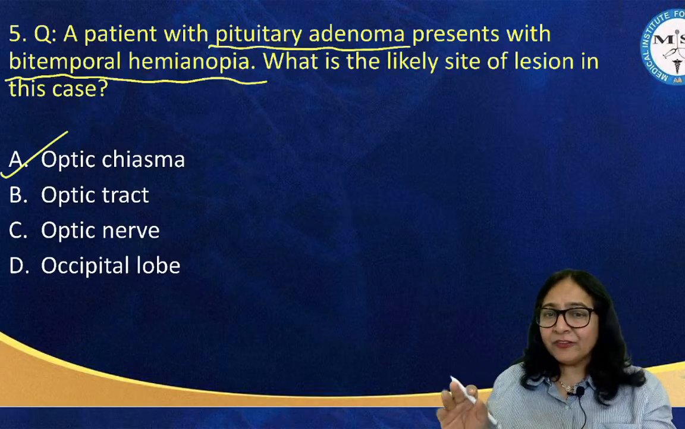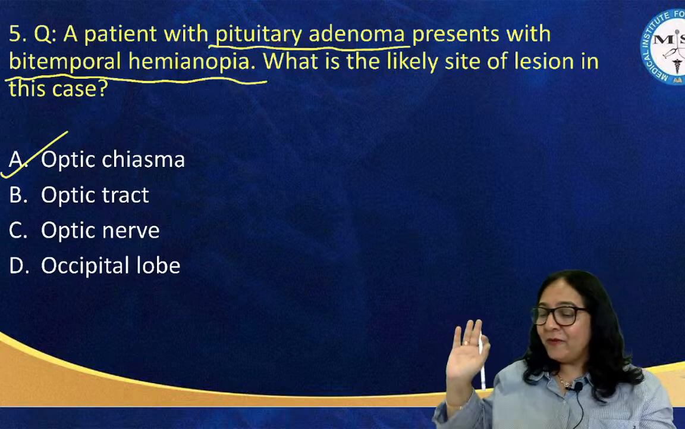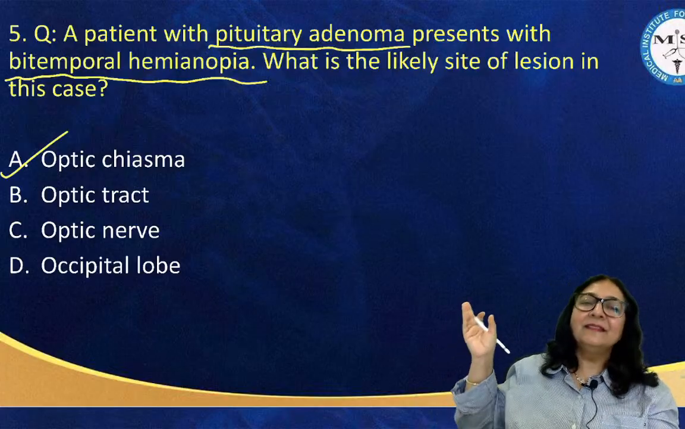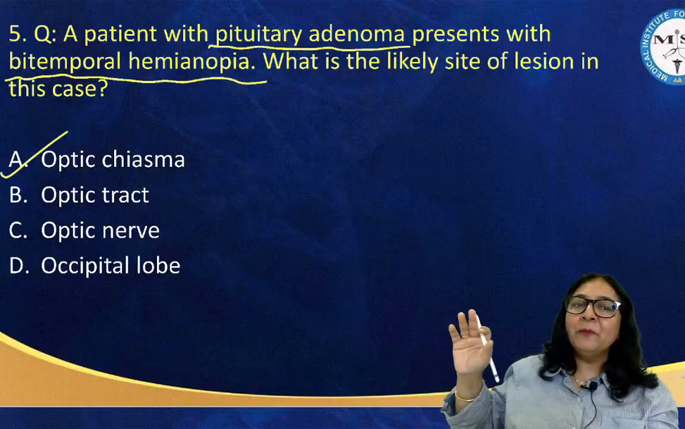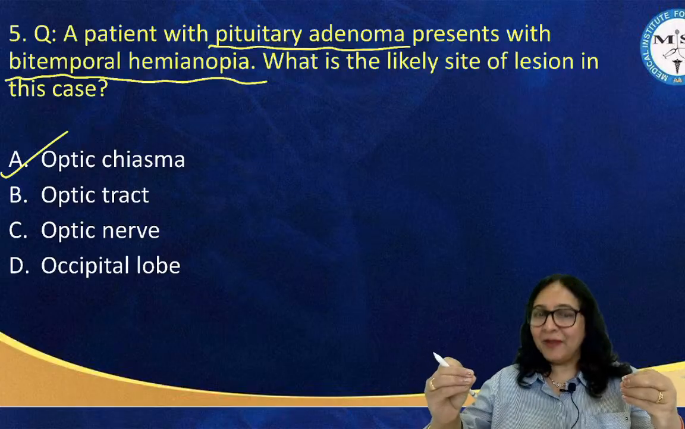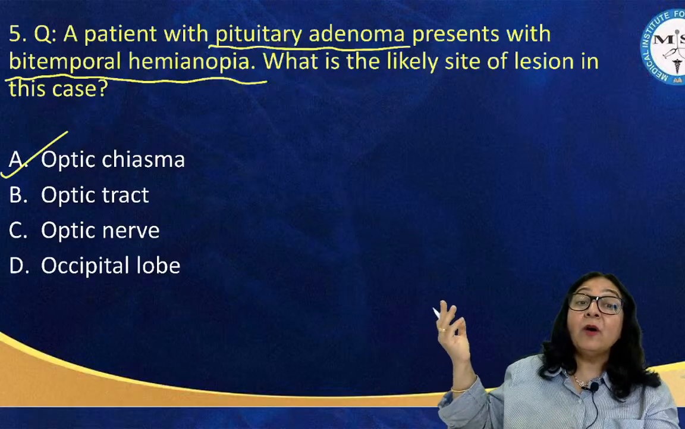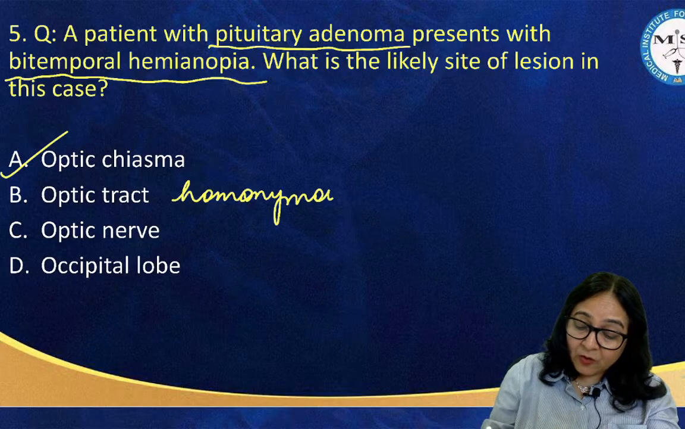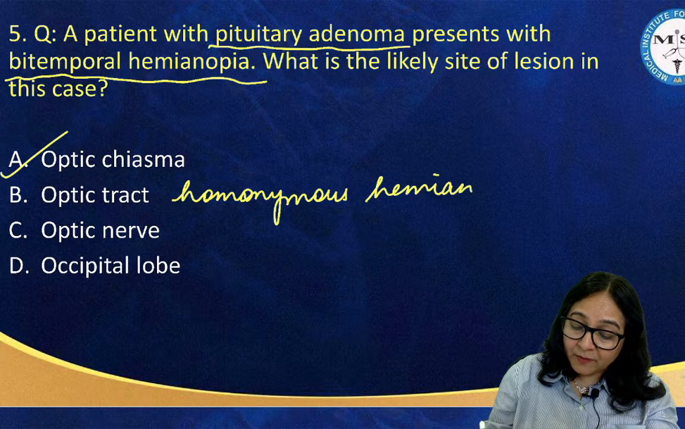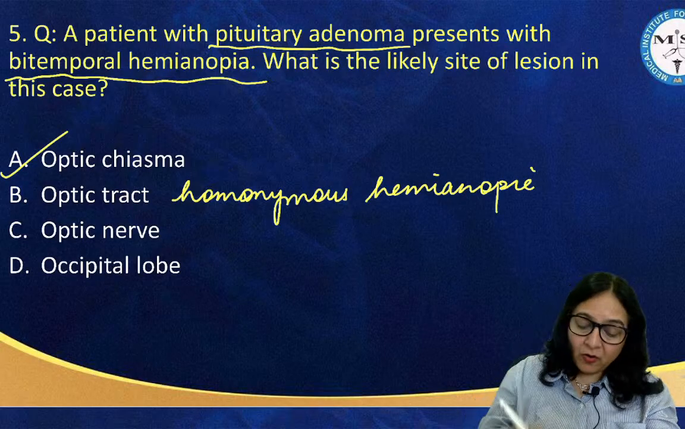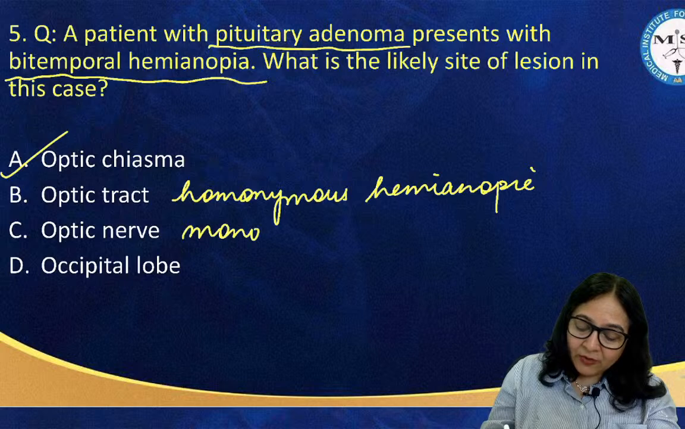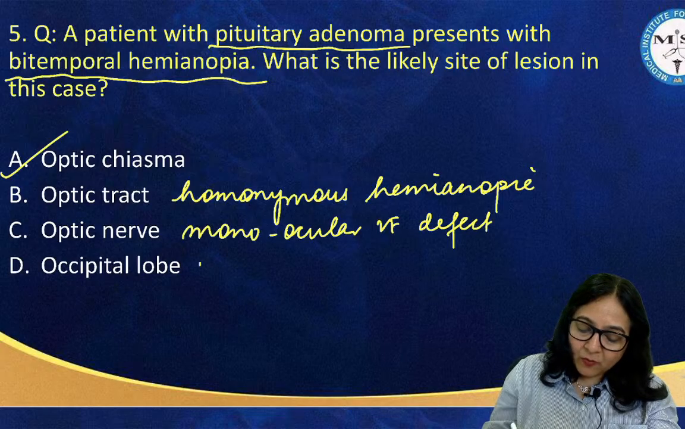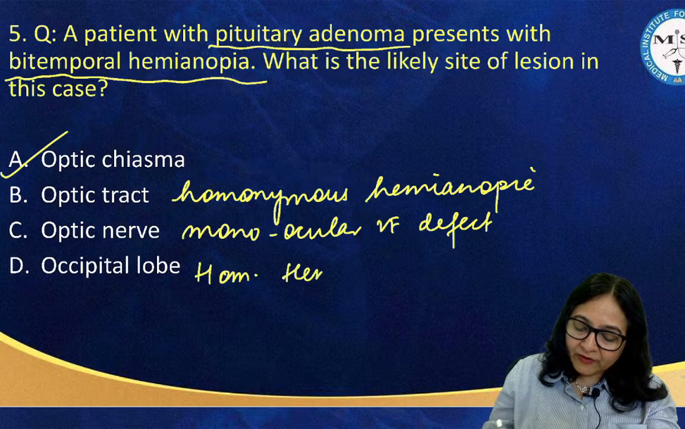I'm sure about this question, beta. The question cannot be more straightforward than this; an examiner cannot pose a better question. Pituitary adenoma, bitemporal hemianopia, optic chiasma, these three things come in the same line. Optic tract will cause homonymous hemianopia, we know, and optic nerve will cause monocular visual field defect, not bitemporal hemianopia. And we know that an occipital lobe lesion again causes homonymous hemianopia but with central sparing,